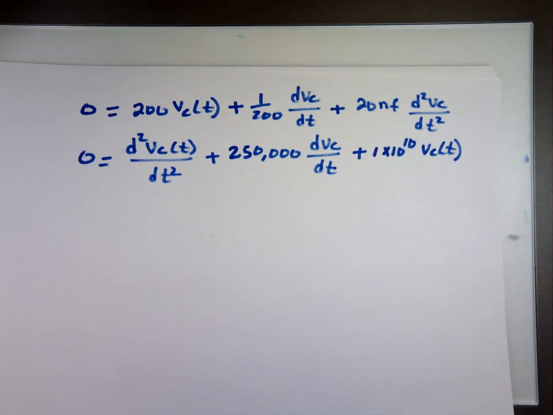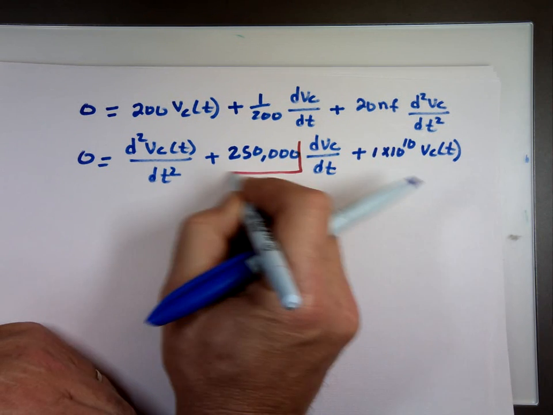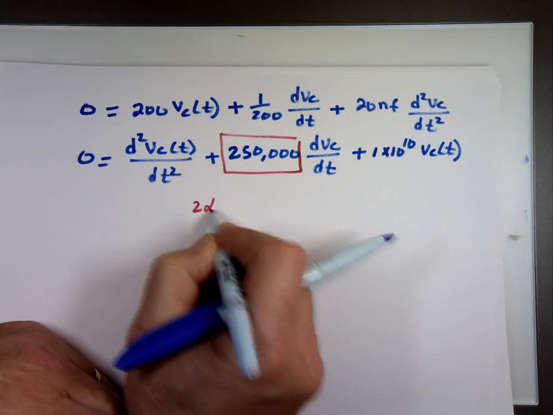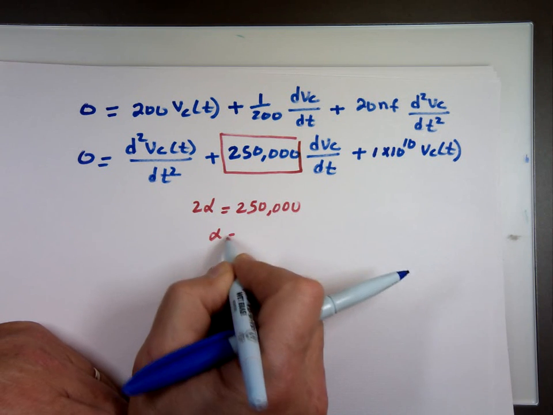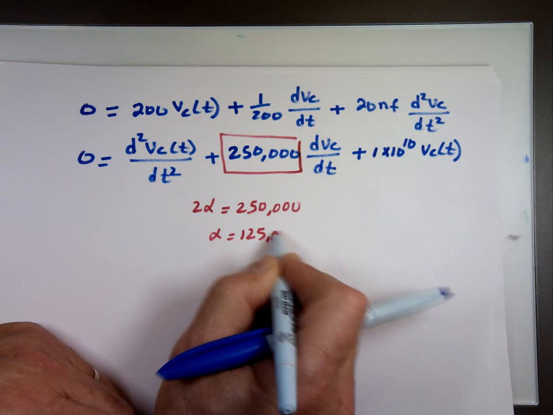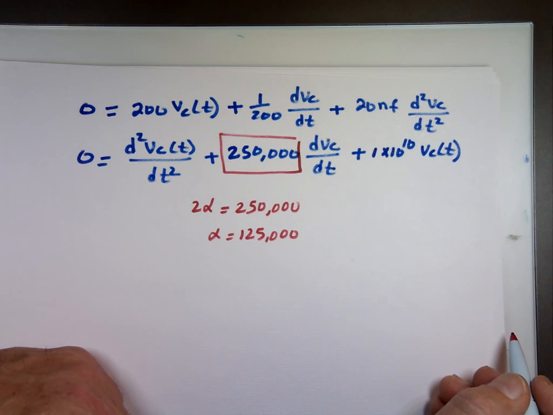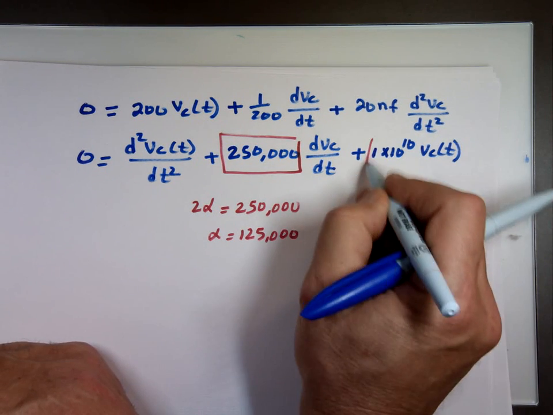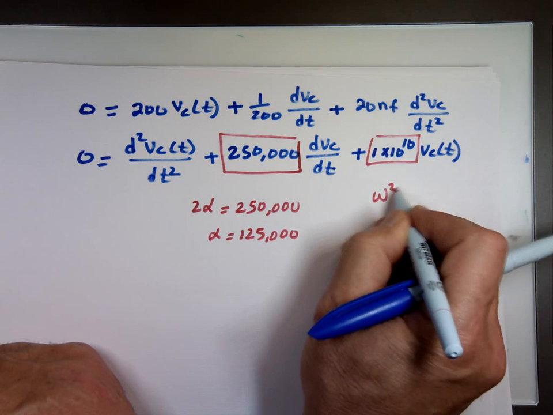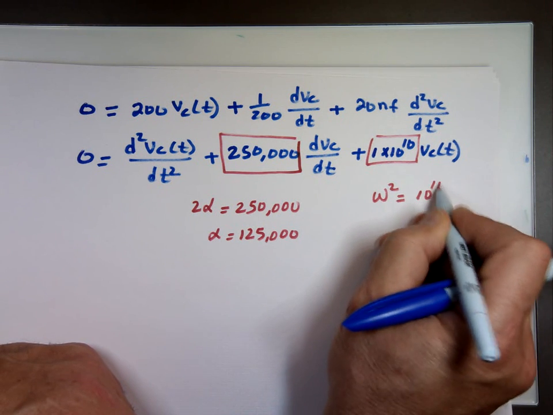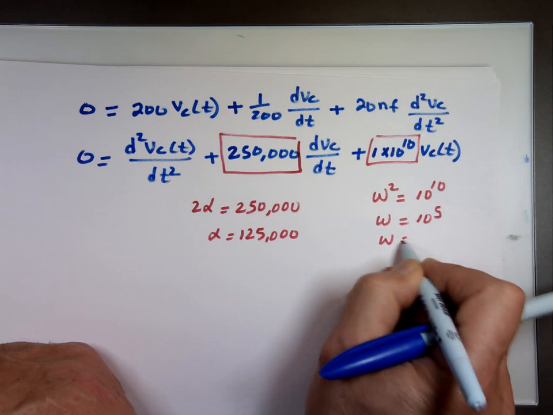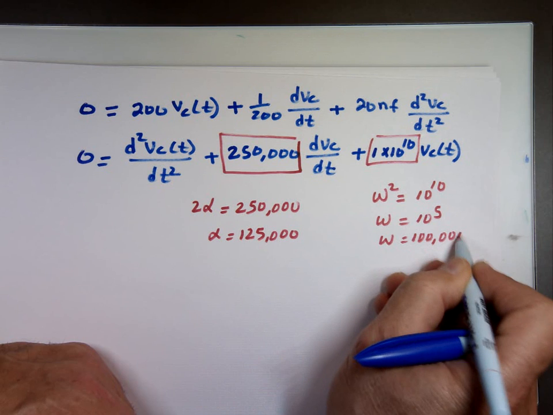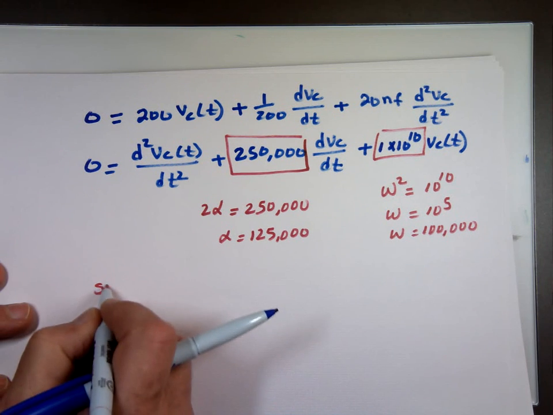So let's see. That means this piece here is 2 alpha. 2 alpha equals 250,000, which means alpha equals what? 125,000. W squared equals this. W equals the square root of that, which is 10 to the 5, and that's what? 100,000? So which one's bigger? Since alpha is bigger than W,